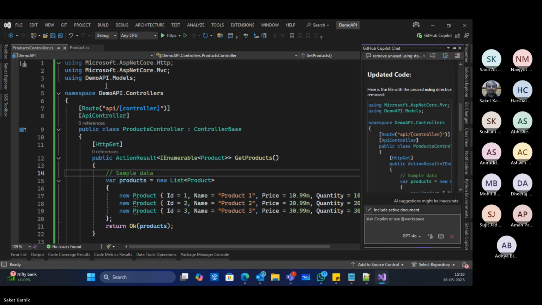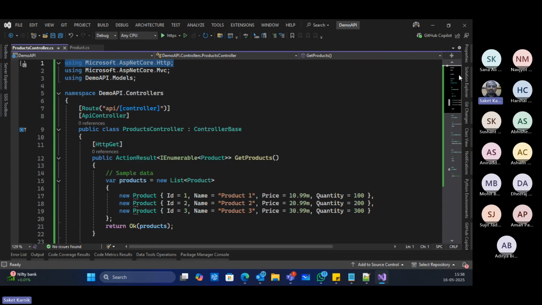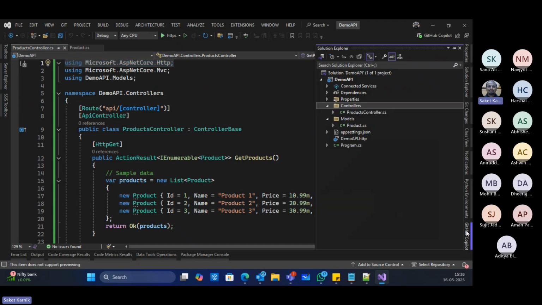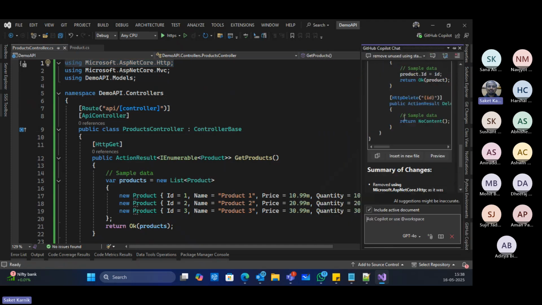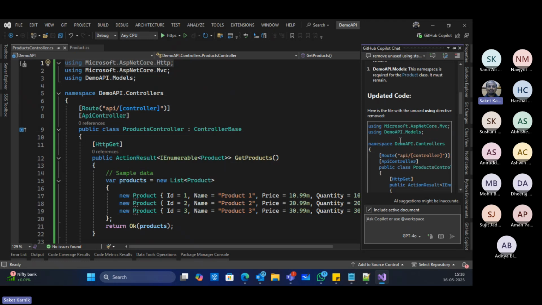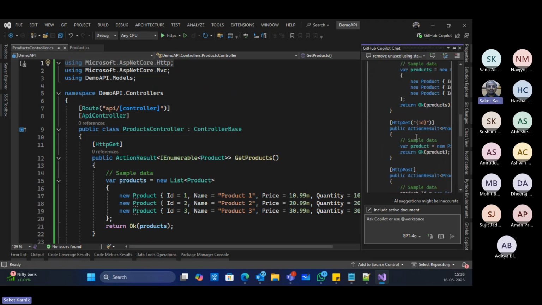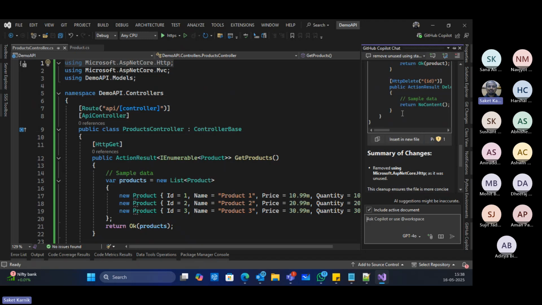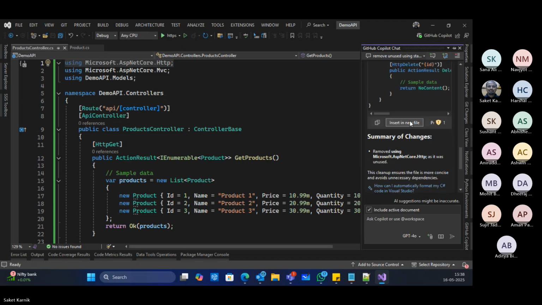See, this one is not being used anywhere. And hence here, if you see the generated code, only two using statements are there, which are currently being referred somewhere, right? So if I want, I can just take this. Okay.